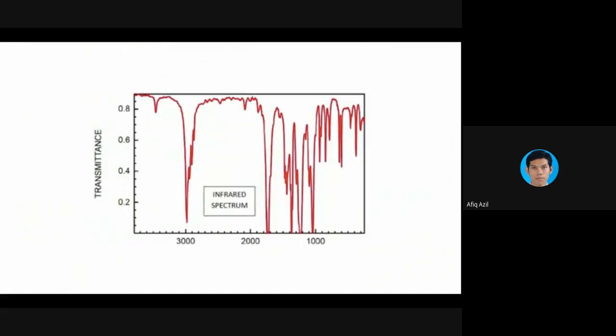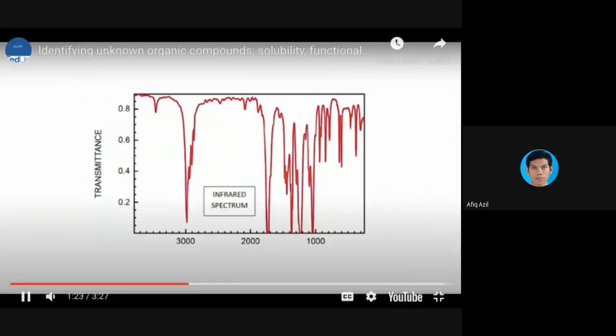The infrared spectra will tell you about which functional groups are present. Don't just look for what's present, but also look for what's not present, because this can tell you a lot about the structure of your compound. So what you are seeing right now is actually the results that come out when you do the infrared